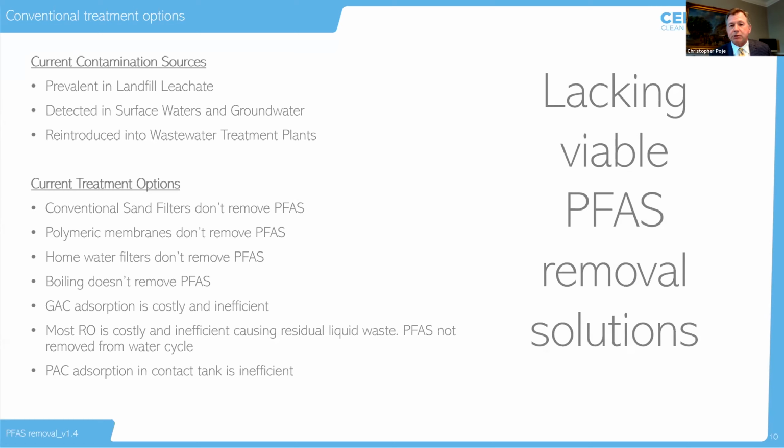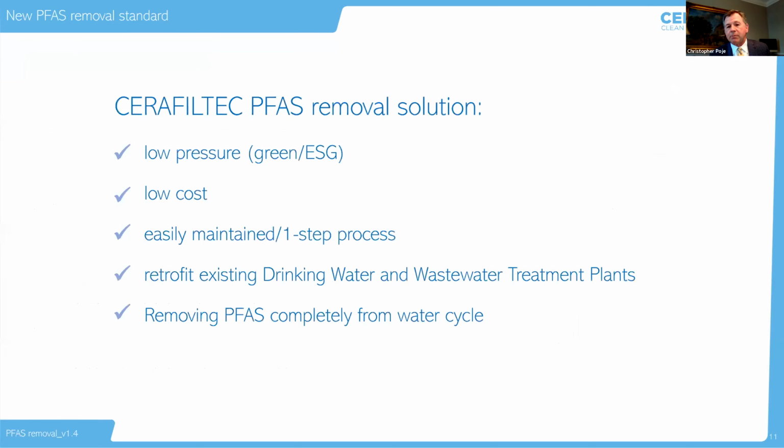And none of the conventional treatment processes work. Conventional sand, polymeric membranes, just aren't equipped to get that out. And even GAC and reverse osmosis, while they will work, they're expensive and they've got large waste streams that come with them. So the solution really combines a couple of known, very well vetted technologies,